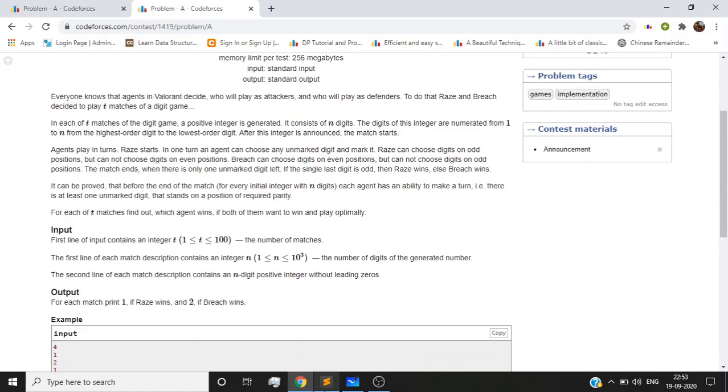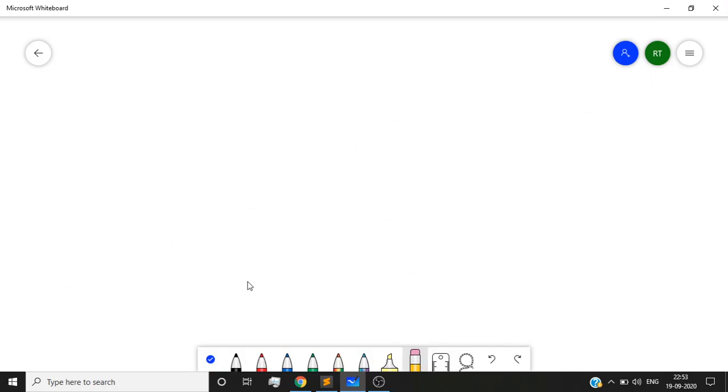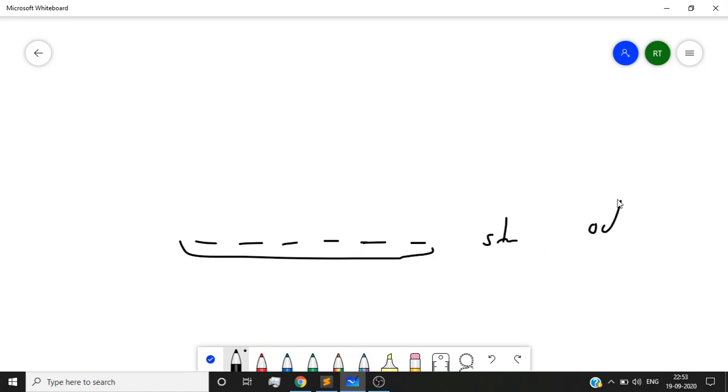So let's consider an example. Let's say we have some elements, a string whose length is odd. So we know that the string length is odd, so definitely the last unvisited element would be at an odd position.